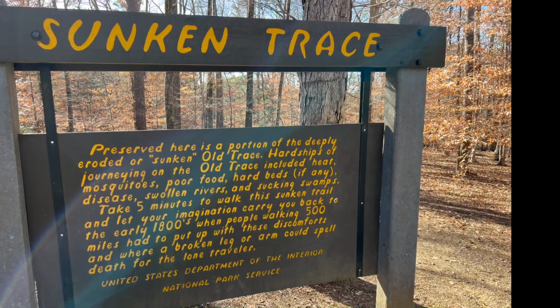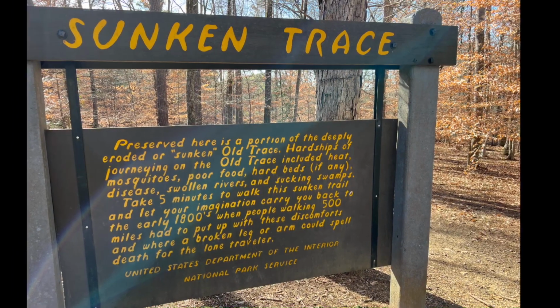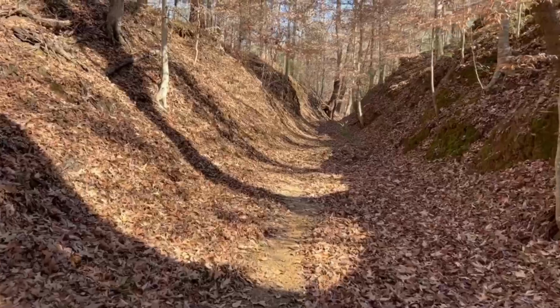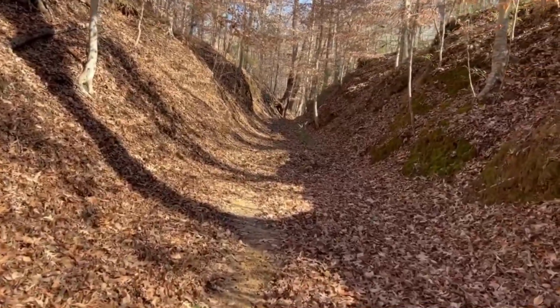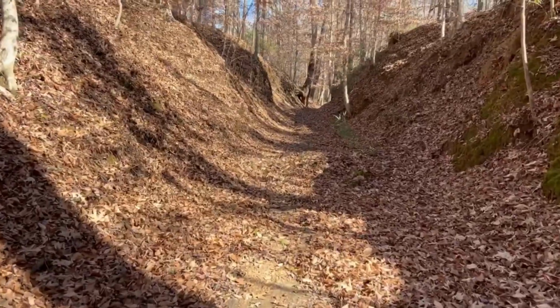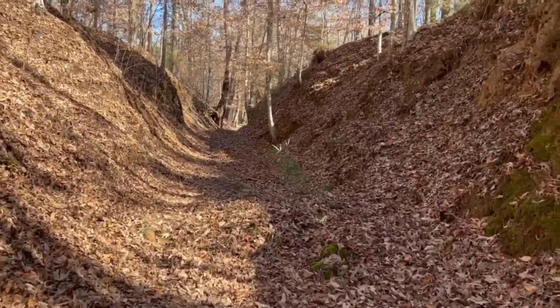Sunken Trace. Once you get back on the Natchez Trace Parkway, they have a stop there. It's called Sunken Trace. So this is called the Sunken Trace. It's part of the old Natchez Trace, the trail. And they say, once again, they say,